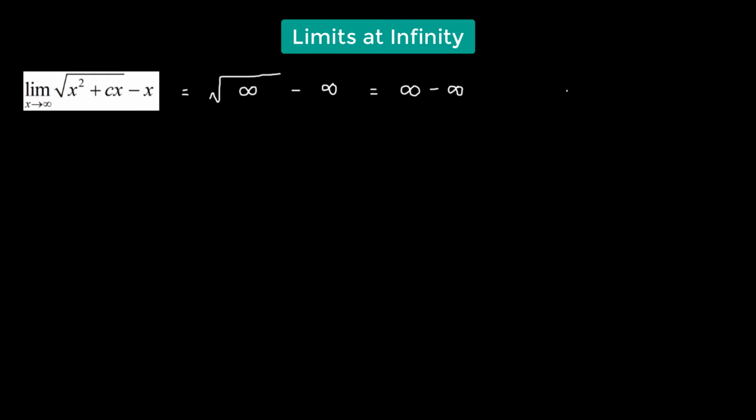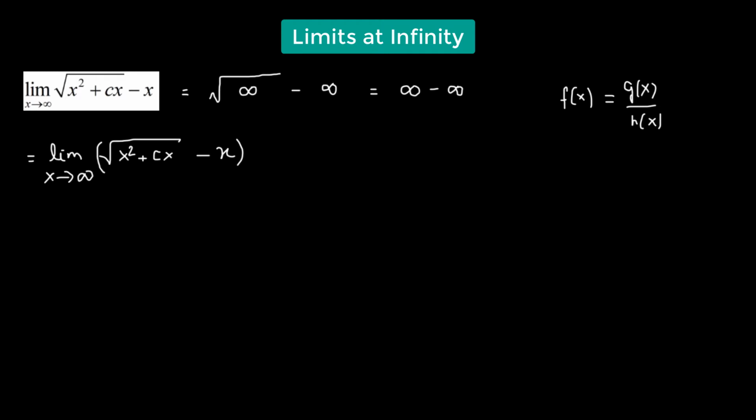So what we have to do is convert the given function f of x into the form g of x over h of x, so it should be converted to a quotient form. That can be done by taking the function, which is the square root of x squared plus cx, minus x, and multiplying and dividing it by its conjugate. Its conjugate will be the square root of x squared plus cx plus x,